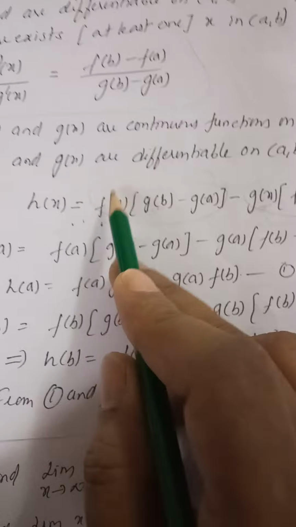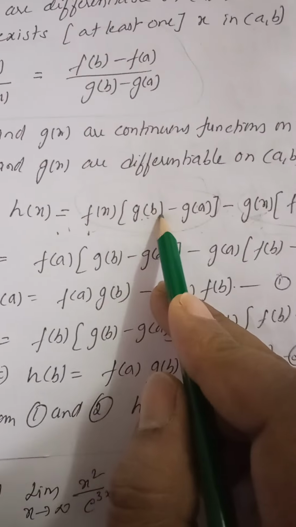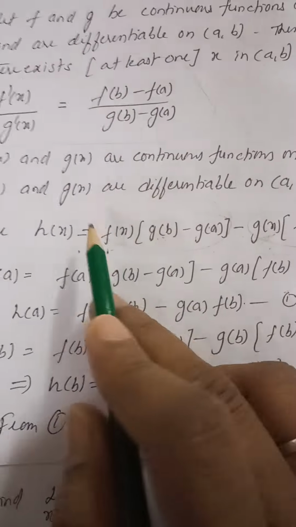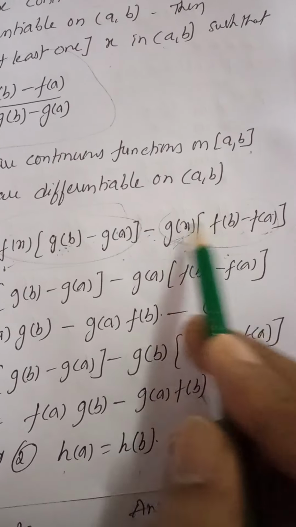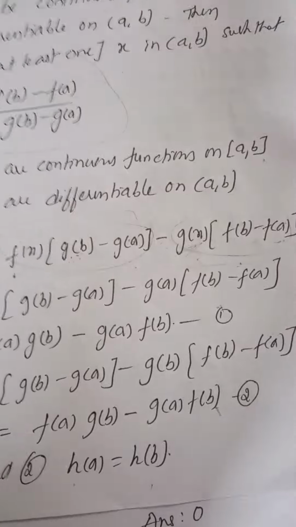We know that h of x is equal to this entire thing, right? Now if you differentiate this one, what will you get here? Differentiation of f of x is f dash of x, and the coefficient of f of x is a constant, so we can take it outside. Here the coefficient is f of b minus f of a. Differentiation of g of x is g dash of x, right? Now therefore